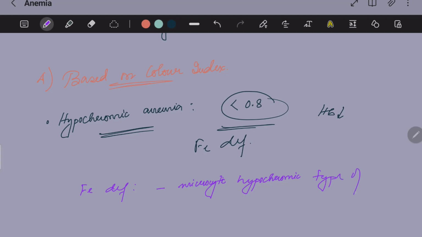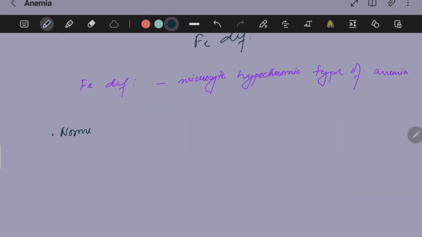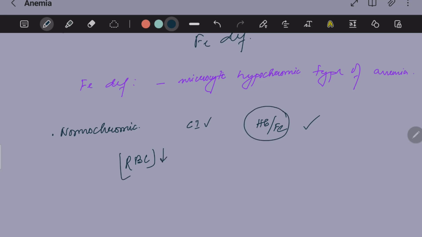type of anemia. Now let us talk about normochromic anemia. In case of normochromic anemia, the color index is normal. That is, the hemoglobin by iron content would be normal. RBC count would be less. The RBC concentration decreases, but the hemoglobin by iron ratio remains normal. This can occur in case of blood loss anemia. Thus, blood loss anemia can be termed as normocytic normochromic